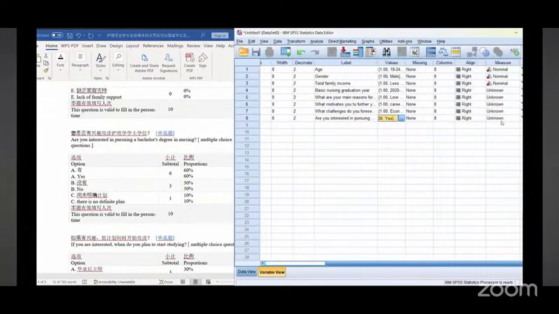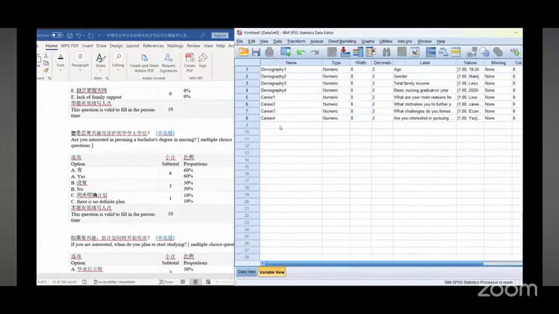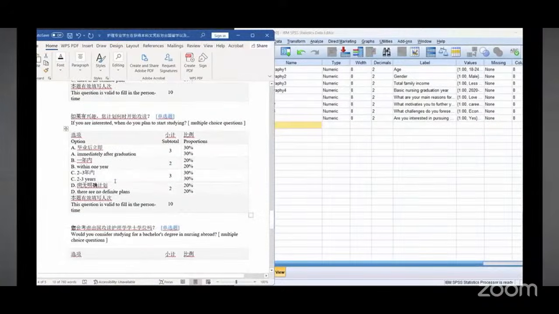This is the only scale. Yes and no is a scale. The others are all nominal. All of these are nominal. It is not in the order of. The yes and no is usually a scale. Next is